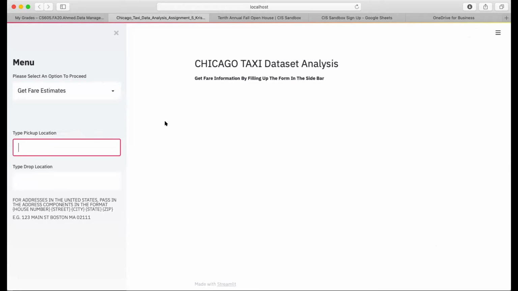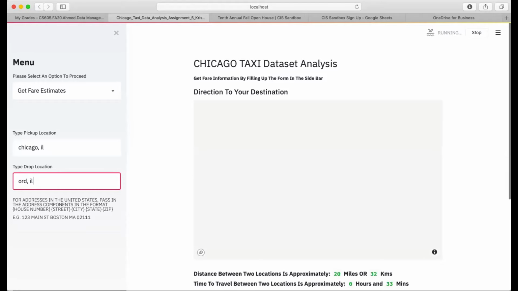So here you have to type the pickup location and the drop location. Ideally, there's a format which I have mentioned here, which you need to follow when you're typing a location. But if you just type, say, vanilla Chicago, it should also work. This will take you to the central location of Chicago. So my pickup location is Chicago, and if I were to take a drop to the airport, which is ORD, and press enter,